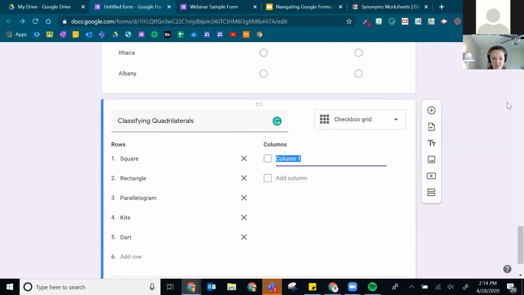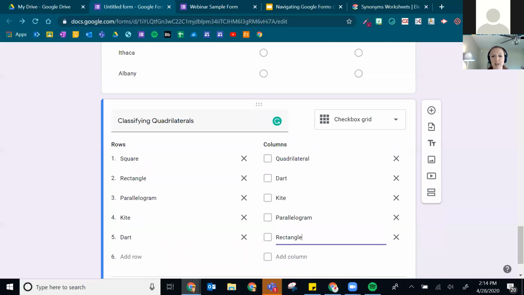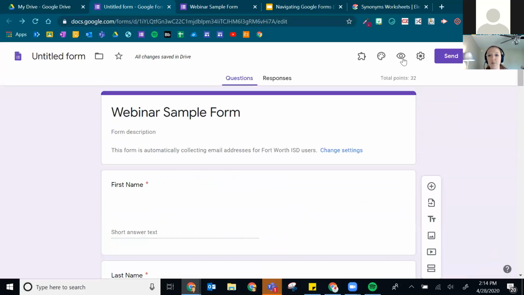And then in my columns, I might just say it's a quadrilateral, okay? And I might have the same things. So quadrilateral and then dart, kite, parallelogram, because the cool thing, or maybe not so cool for some of you, about quadrilaterals and classifying them is that every quadrilateral has like 1,000 names because it can fall into multiple categories. So we're going to pretend like this is all inclusive. When I go back to our preview now,